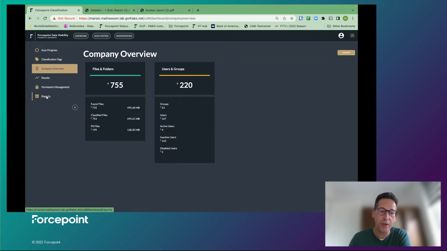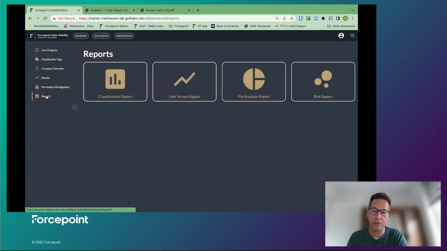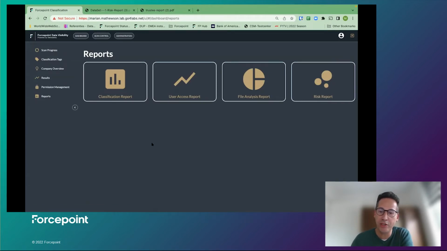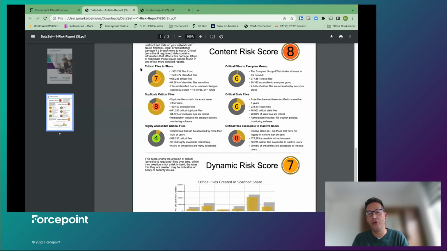With these scans, we populate a set of reports. I won't go into all of them, just the ones that are related to permission management. So we have this overall risk report, and that overall risk report gives you a view on the risk score of your environment.